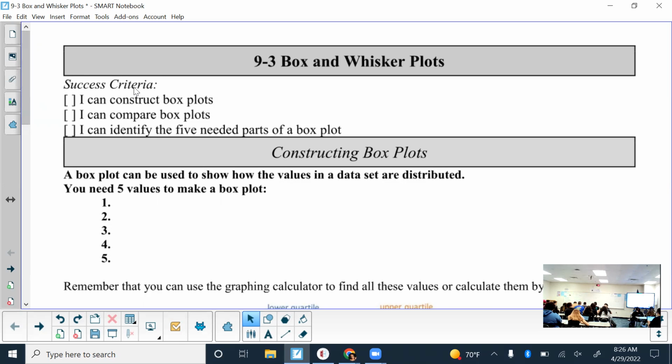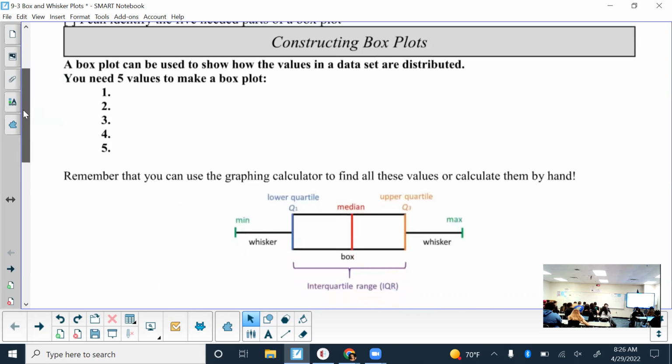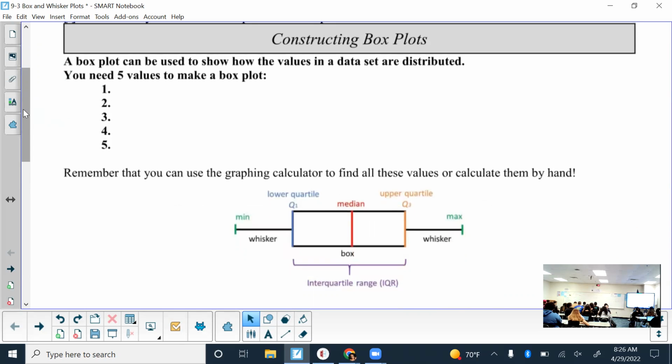All right, so now onto the note sheet. For making the box plots, you need 5 values. The first value that you will need